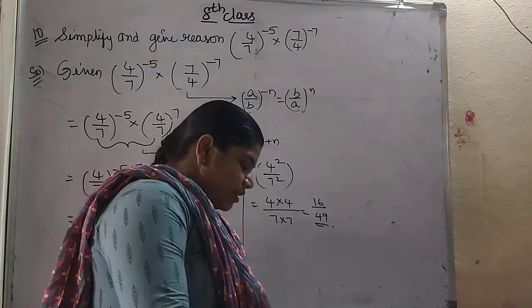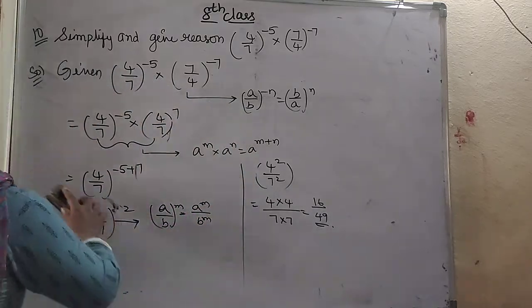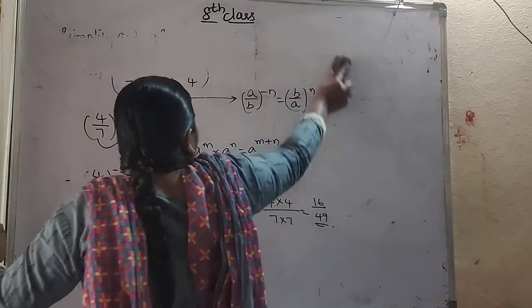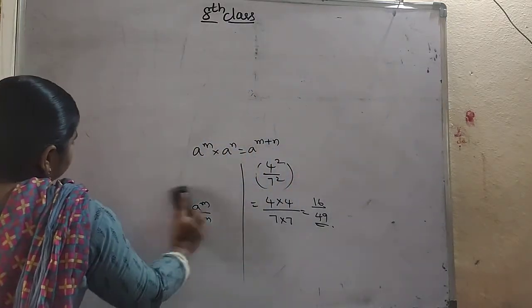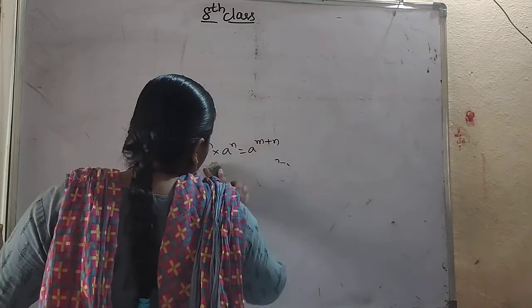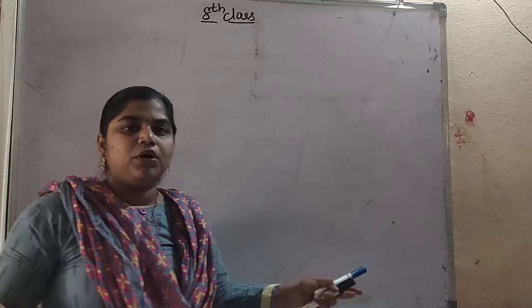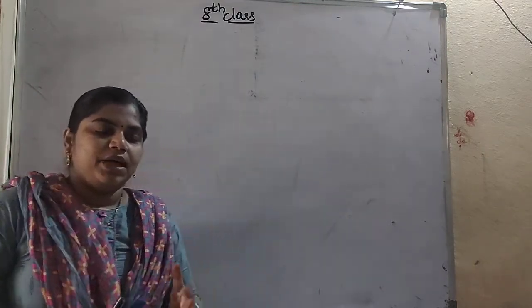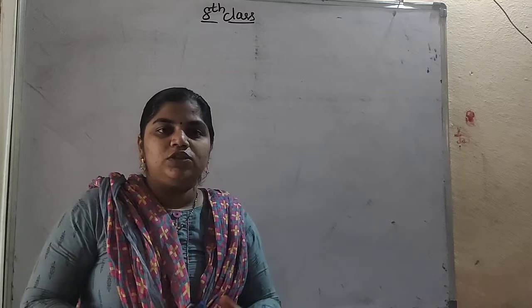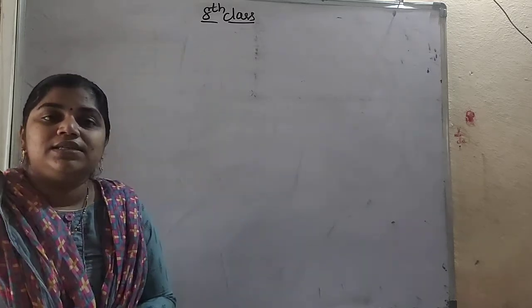So next is standard form. Already I told you in 7th class about standard forms. Standard forms or scientific notations, both are same. So what do you mean by standard form? Any bigger number or smaller number we can convert into simplest form. It can be any bigger number, it can be any smaller number. We can convert into simplest form. We will call it as standard form.